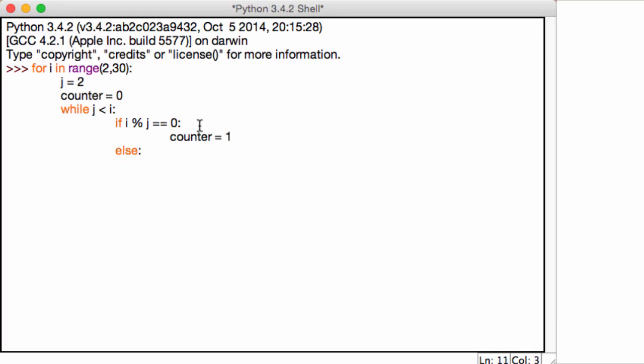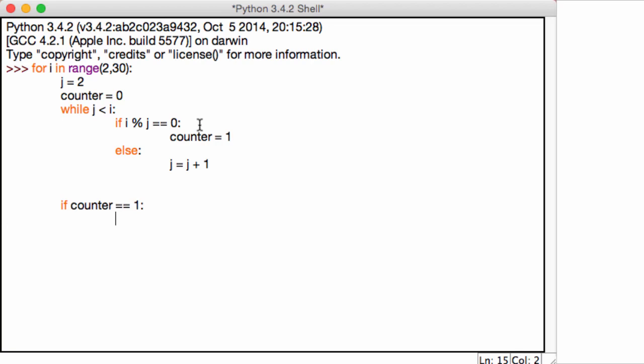Else, I want to increase j by 1, so j should be equal to j plus 1. This cycle will keep on going until j is no longer less than i. And then we can say, if counter is equal to 1,